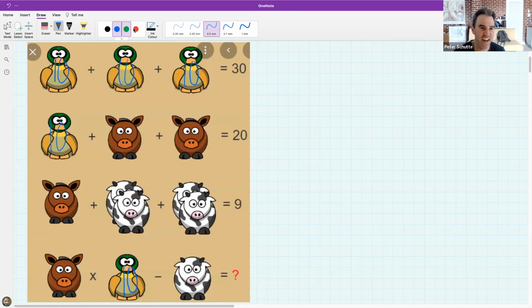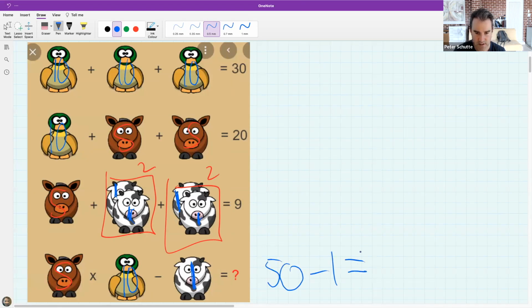Okay, so I think each donkey is 5, is what I see. And then each of these has to be 2. The trick is each of them must be worth 1. So each of these is worth 1. And so if that's 1, now BODMAS says multiplication first. And so the final answer should be